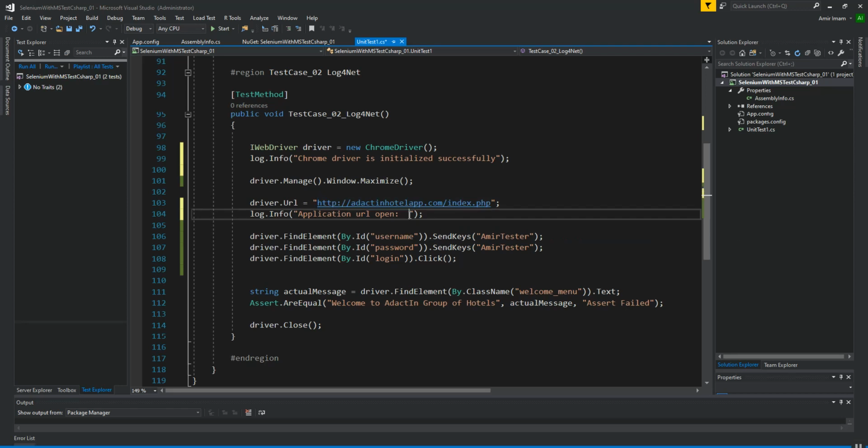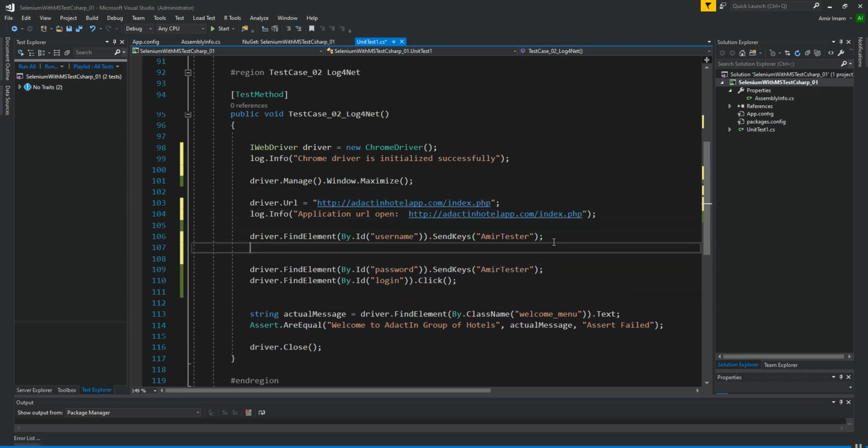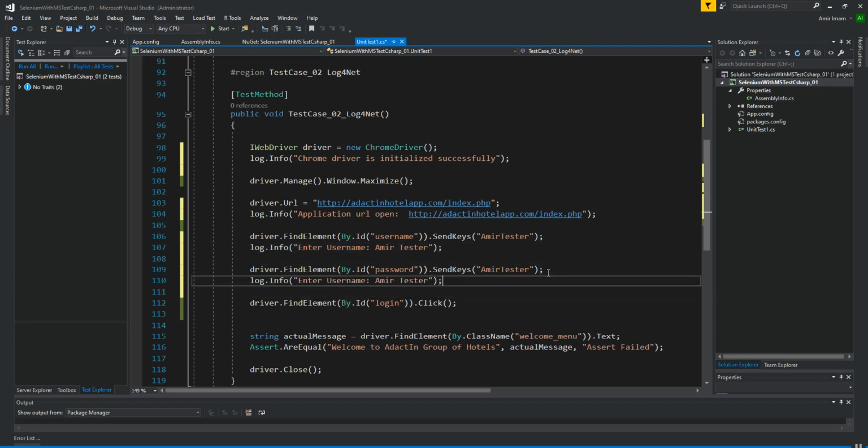So this is the username, so I'm going to log it as well. Log.info, enter username, I'm a tester, and provide the same here.